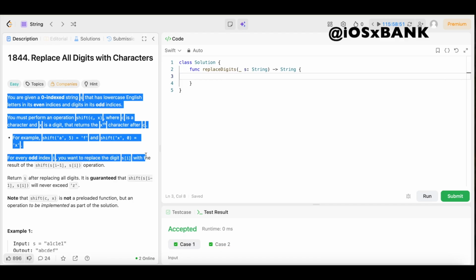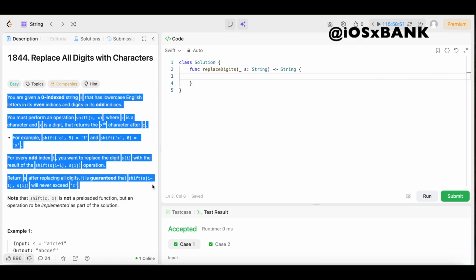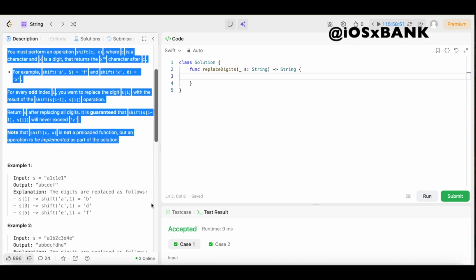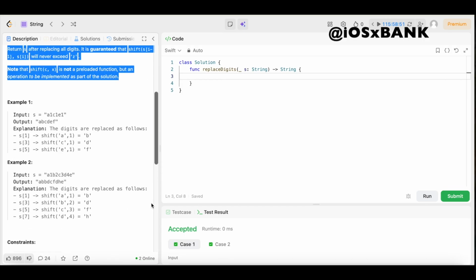For every odd index i, you want to replace the digit s[i] with the result of shift(s[i-1], s[i]). Return s after replacing all digits. It is guaranteed that shift(s[i-1], s[i]) will never exceed 'z'. Note that shift(c, x) is not a preloaded function, but an operation to be implemented as part of the solution. All right, y'all, so that sounds simple enough,